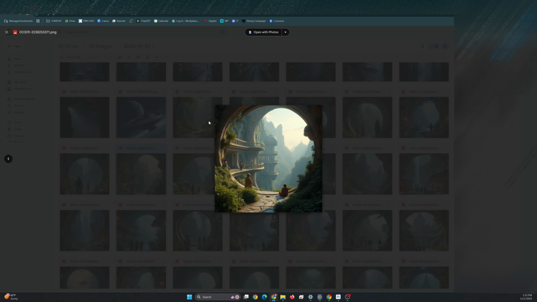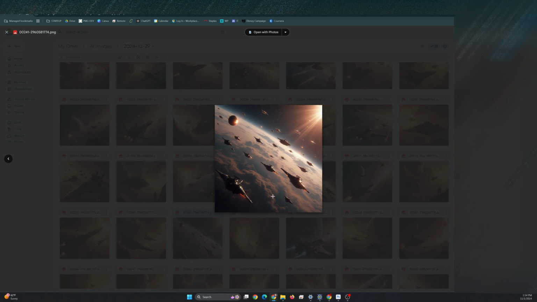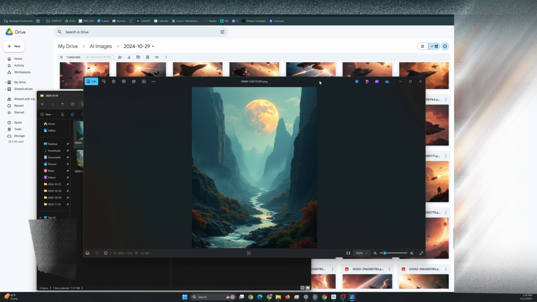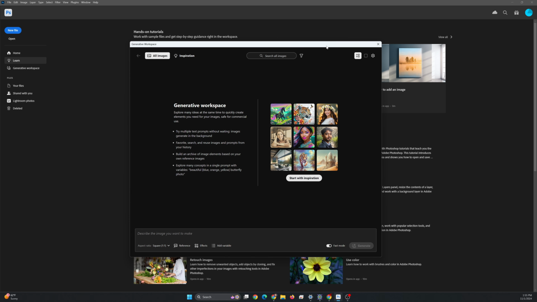What if I wanted to see what was behind the corner, or what was underneath? What if I wanted to see what was beyond the horizon? How could I find out what's in the rest of this canyon? The answer is Photoshop Beta Generative AI, which, while it is capable of creating the images, is far more useful